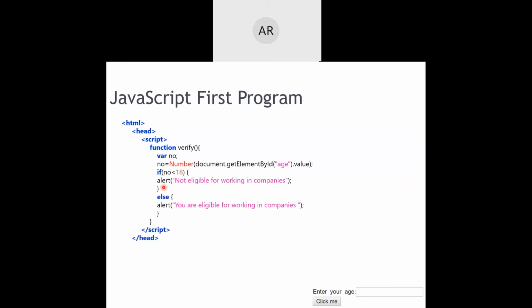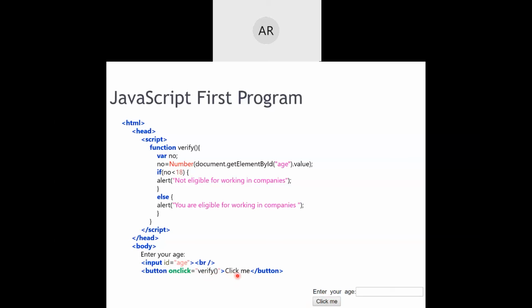So script is over, head is over. To create this, as you are well aware, we have to use an input tag. Now I'm writing input id is equal to age. And for this button, I have used a button tag and event: on clicking of this button, a call to the function called verify.